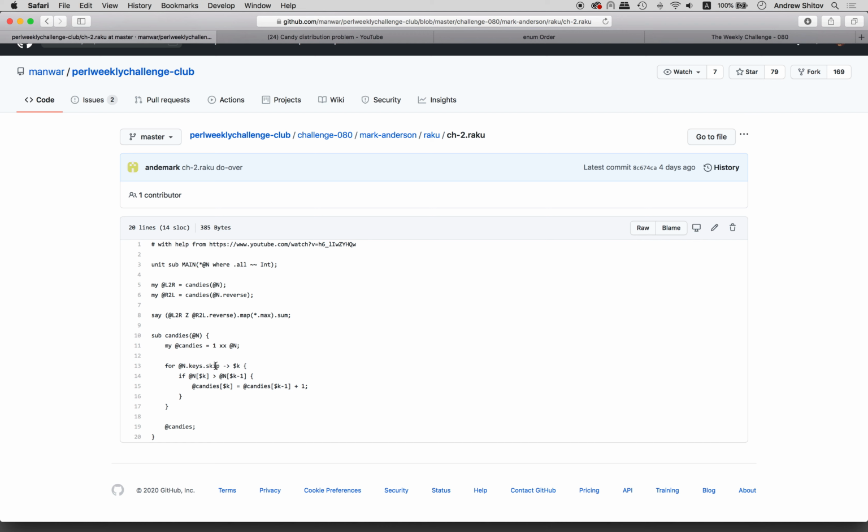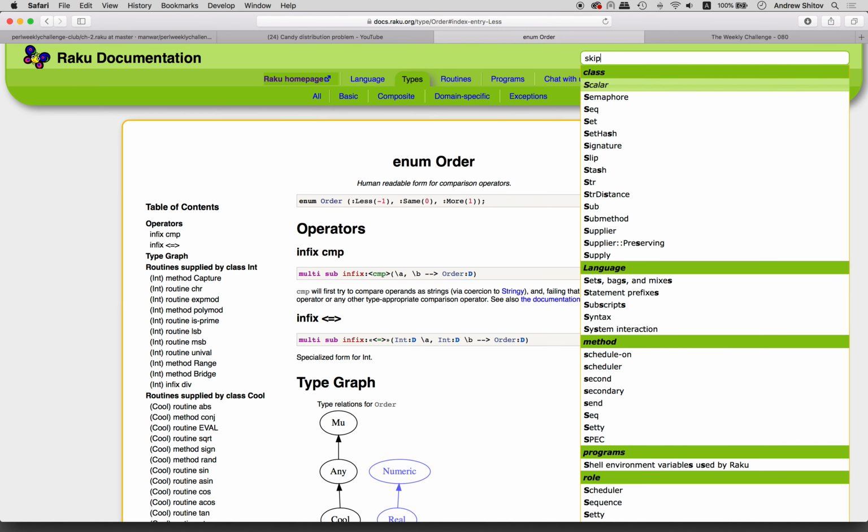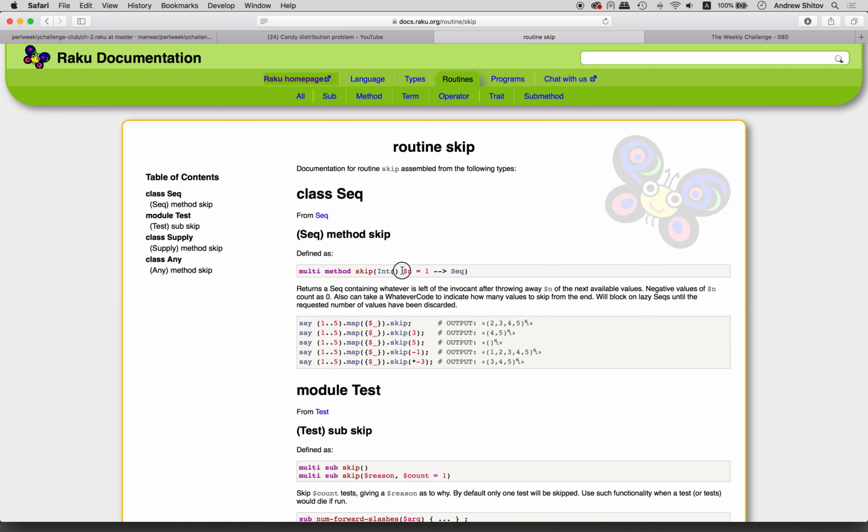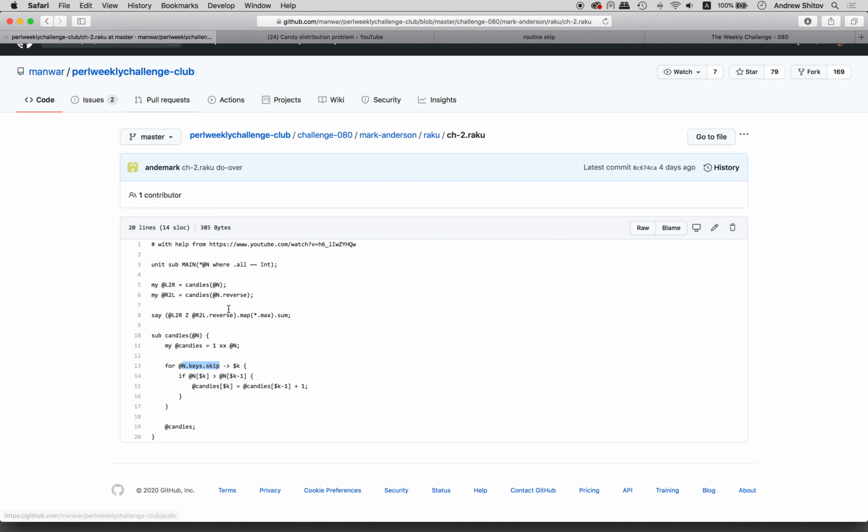What do we skip here? I believe skip should get some argument. Is there any default argument? Oh wow, I didn't know that skip has a default value of 1. So yeah, we skip the first index, right? And we don't want the first index because we make this -1 here, subtraction here,